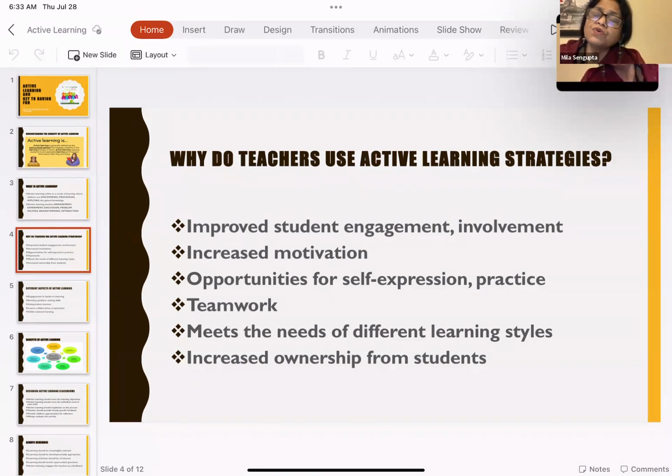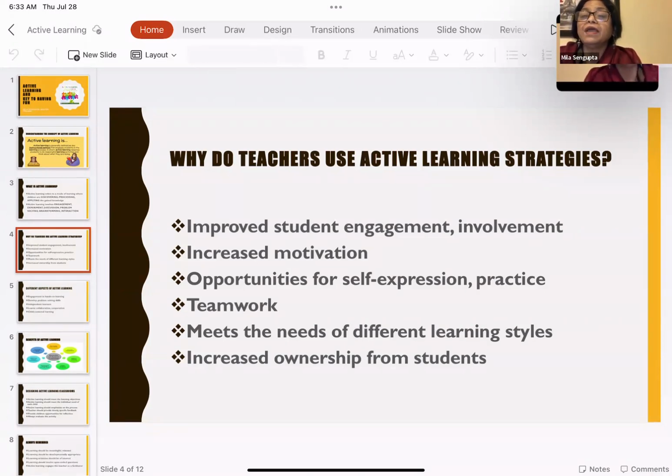And it also gives a sense of ownership to the children. If we give responsibility to someone, that individual takes more interest because he or she takes ownership of it. So in this case also, the students take ownership. They feel important, they feel valued, and they know that their opinion is taken and they are a valuable part